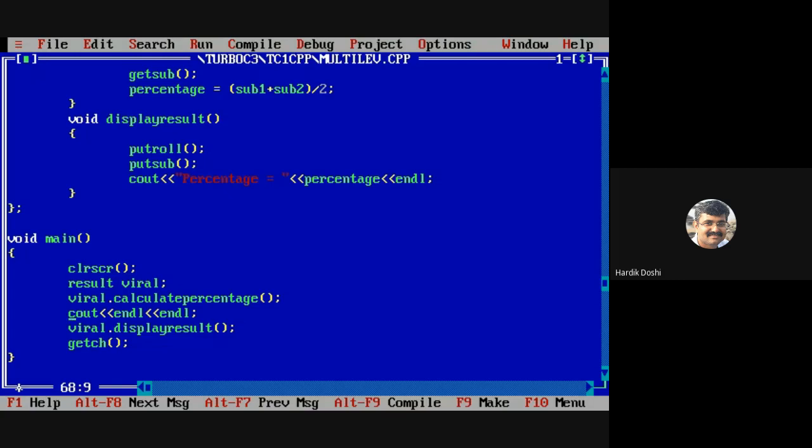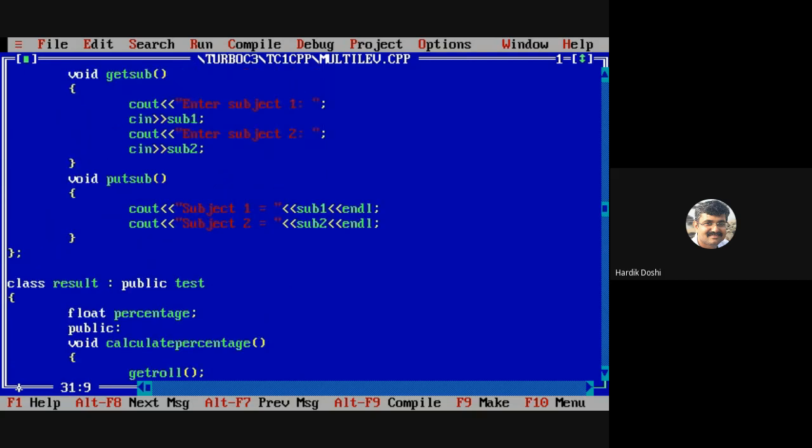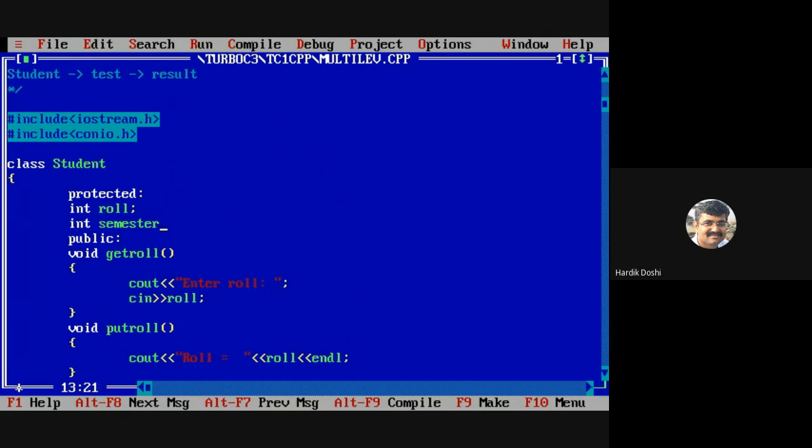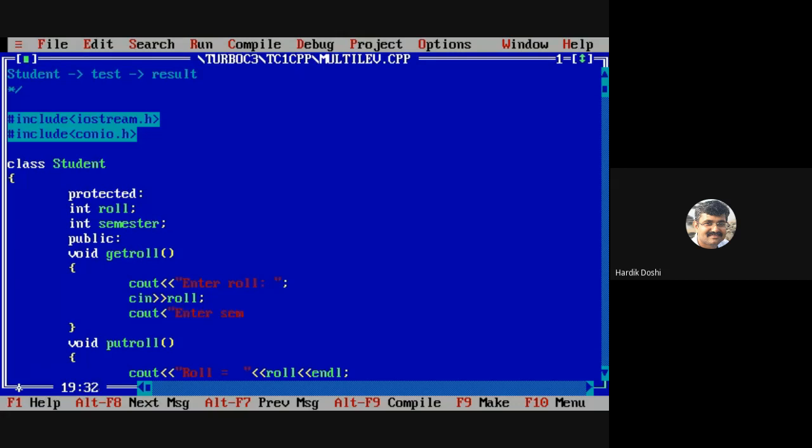So, let me show you that demo. In student class, along with roll number, I am adding semester. So in get roll, along with it I'll ask and cout, enter semester.